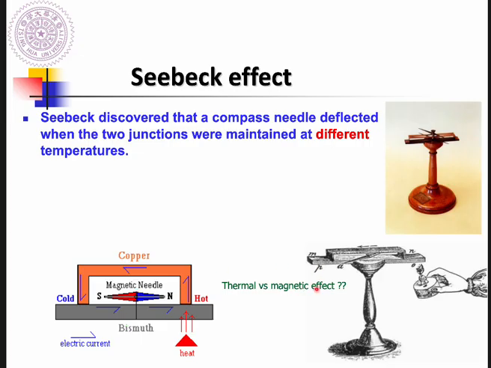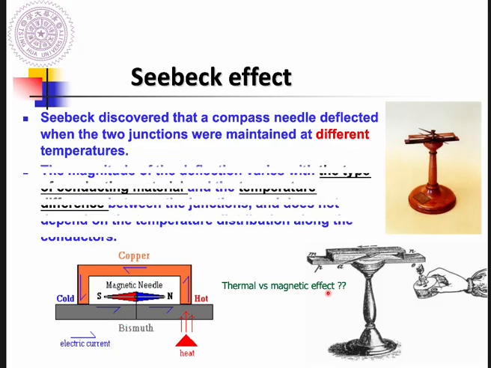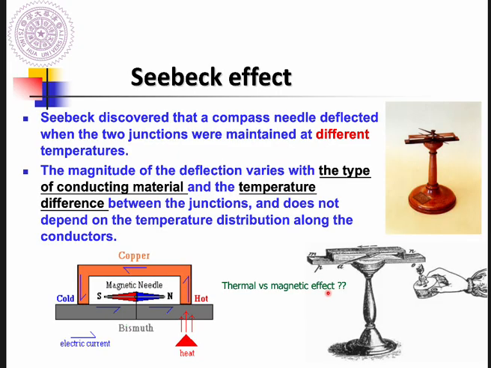It sounds like we do have the interaction between the thermal and the magnetic effect. But he did more experiments. He changed the different kinds of materials, and also changed the temperature difference, which means heating up to different temperatures so that we have a different temperature difference. And he found that